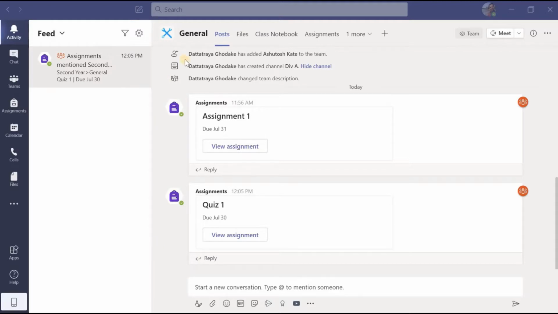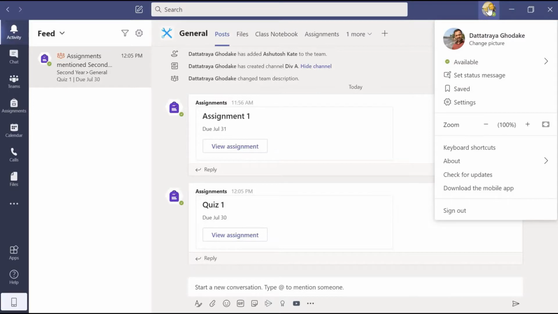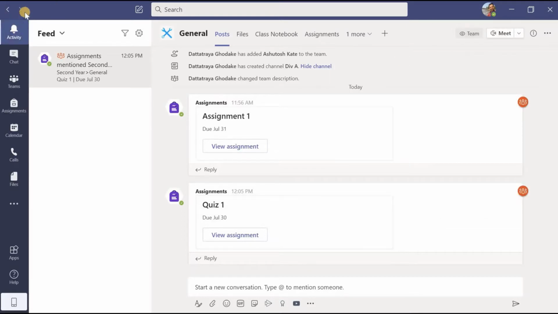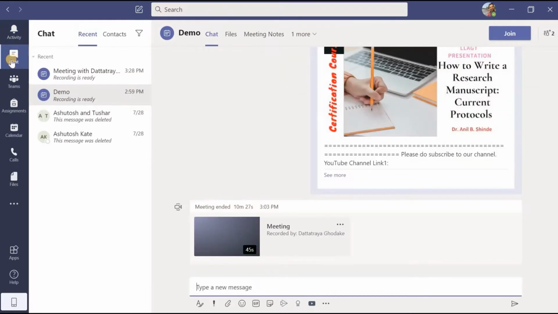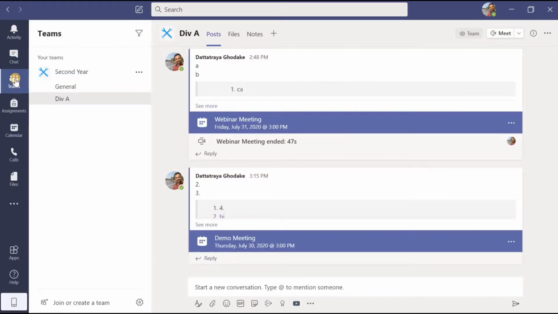Up till now we have learned how we can set up our Microsoft Teams account, how we can manage that account with the help of these features, how we can make use of this activity tab which is at the left hand side of this application, how we can make use of this chat function to have private chats as well as group chats, and how we can make use of this teams feature, and how we can create and manage different teams,